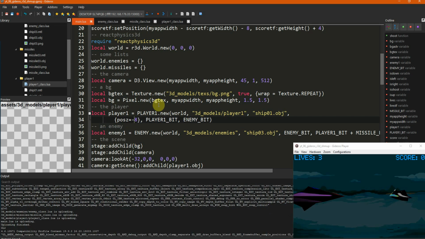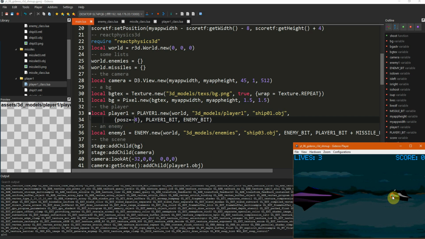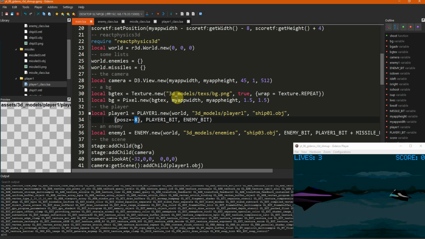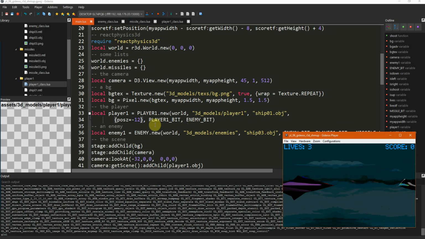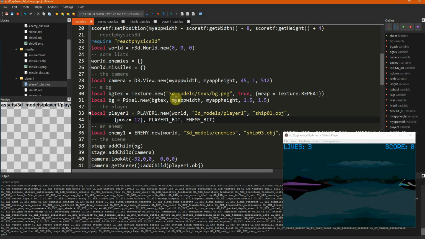Okay, let's try this. Cool. Now I can maybe try -12, and you see that the player is moving accordingly. -9. Okay, cool.